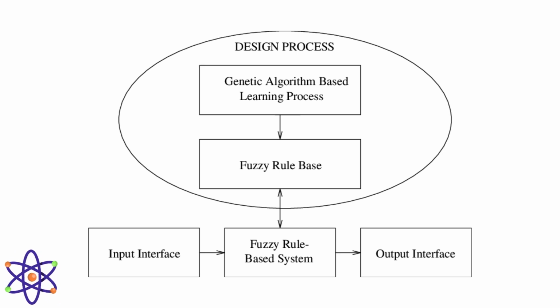Another example is the genetic fuzzy system, which merges genetic algorithms with fuzzy logic. In a genetic fuzzy system, the genetic algorithm optimizes the structure and parameters of a fuzzy system, such as the selection of fuzzy rules and membership functions. This optimization enhances the system's ability to model complex relationships and improve its decision-making capabilities. Applications of genetic fuzzy systems include optimization problems in scheduling, where they find efficient solutions by considering multiple constraints and preferences, and in design, where they create optimized engineering designs with improved performance and reduced